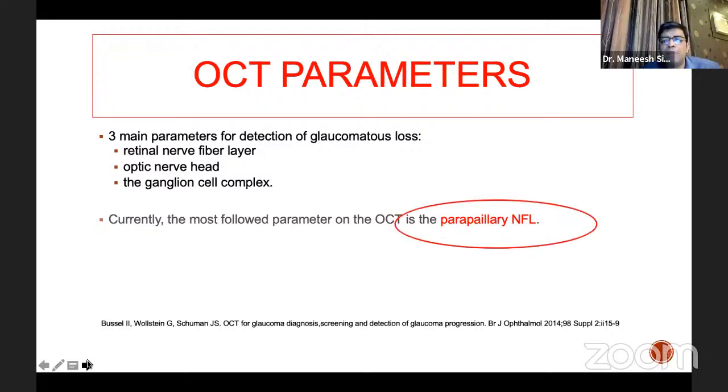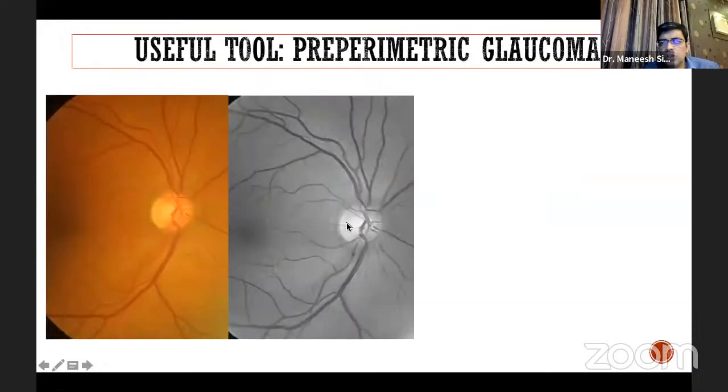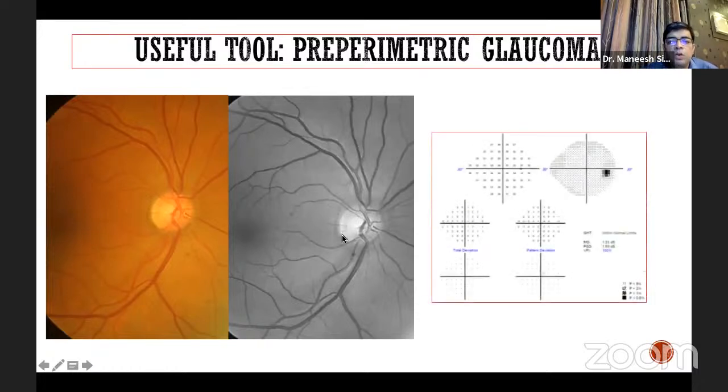Among all the three, peripapillary RNFL evaluation is the most important parameter we see for glaucoma patients. So it's a useful tool, and I'll share a few examples where OCT can be useful. For example, a case of pre-perimetry glaucoma, you can see this patient, there is an inferior wedge-shaped